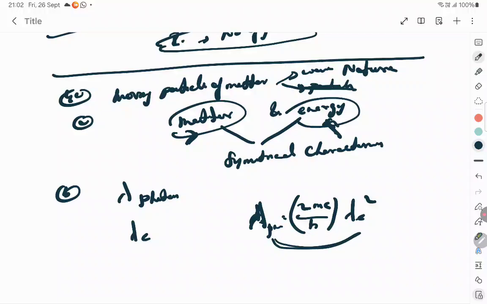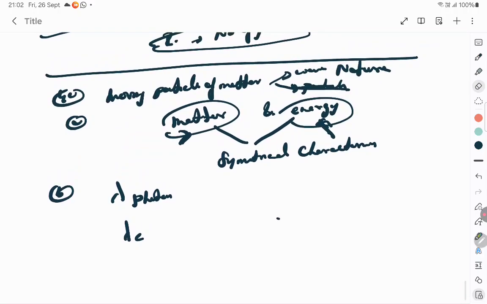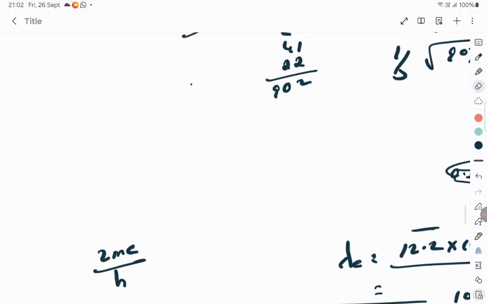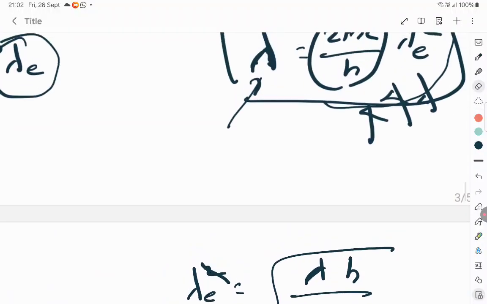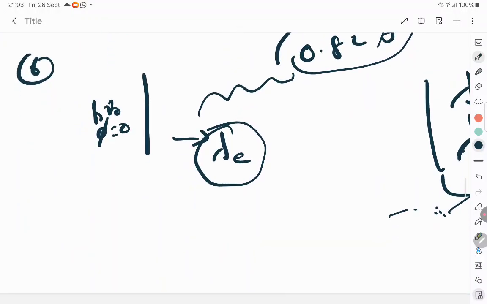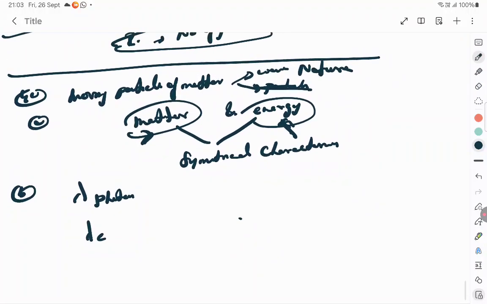We learned that they don't have the same value, but that was based on the work function being 0. I think we found this only by using the phenomenon where the work function was 0. So I have my own doubts about doing this sum in the way I taught you. I can't use this formula unless the work function is 0. Did they specify anything like this in this question? That is something I need to look for. Sixth question. Where is that sum? X-rays of 0.82 fall on a metallic surface. Calculate the de Broglie wavelength of the emitted photoelectron, neglecting the work function. So I could use that there. But in this sum, they have not specified anything like neglecting the work function. So then this question,